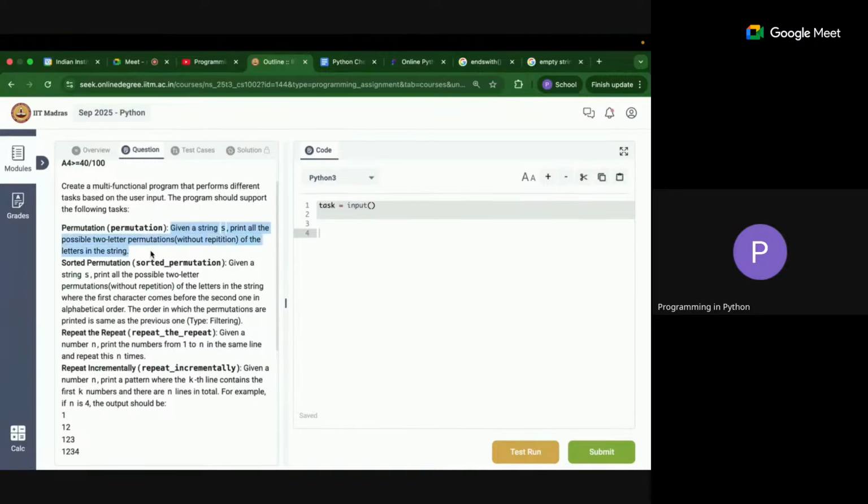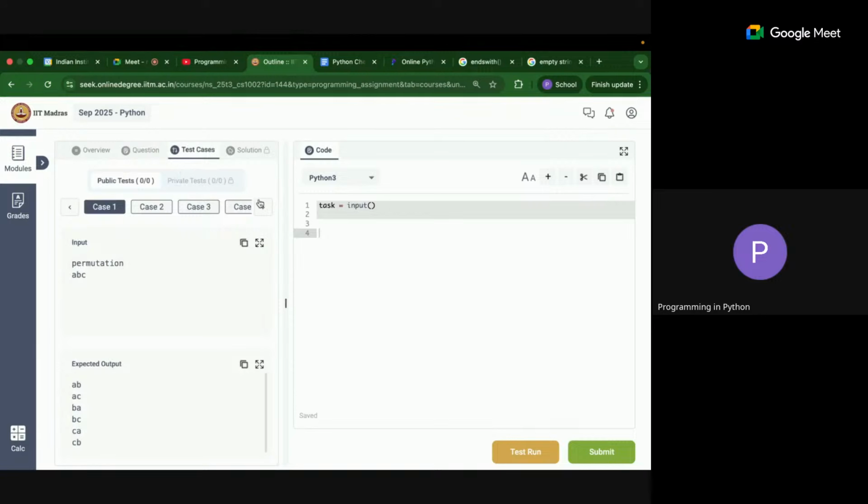Given a string s, print all the possible 2-letter permutations without repetition of the letters in the string. So A, B, C: what you have to get is AB, AC, and then BA, BC, CA, CB. AA, BB, CC you shouldn't include. Here they have not given the task thing also, right? So you have to include that as well. If task equal to permutation, then